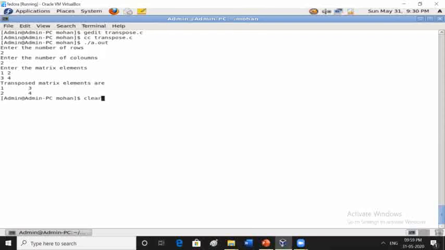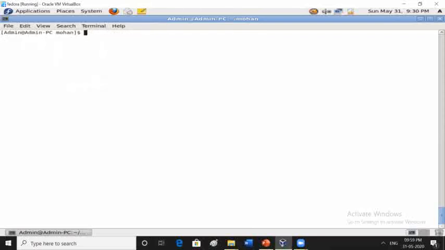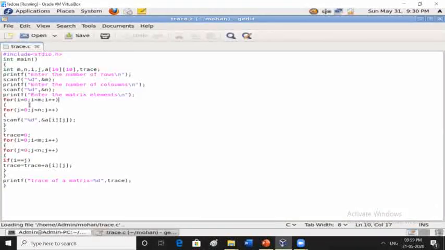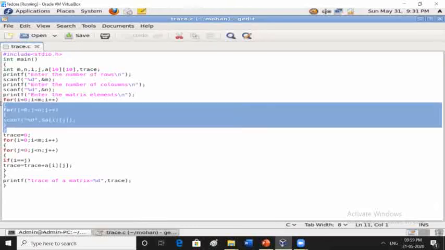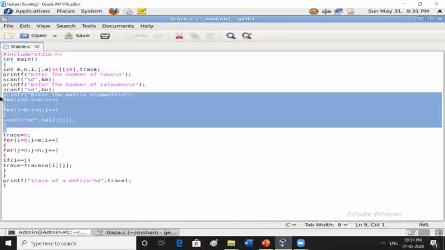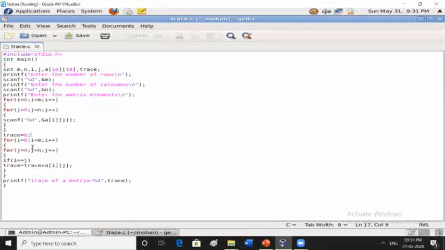Then another program, that is trace of the matrix, what I explained, that is the sum of the diagonal elements. For that one matrix is required. You read the first matrix, that is variable a here. Now trace is initialized to 0. Whenever i value equals j value, correct, right?